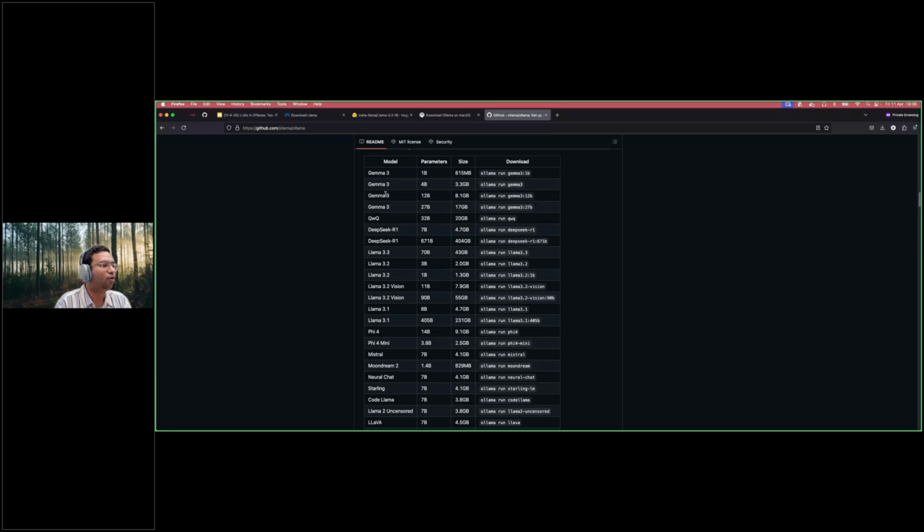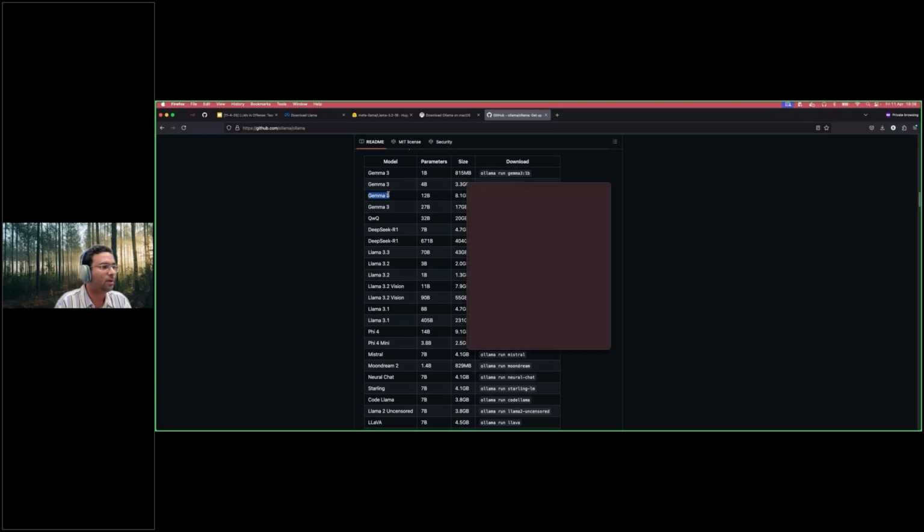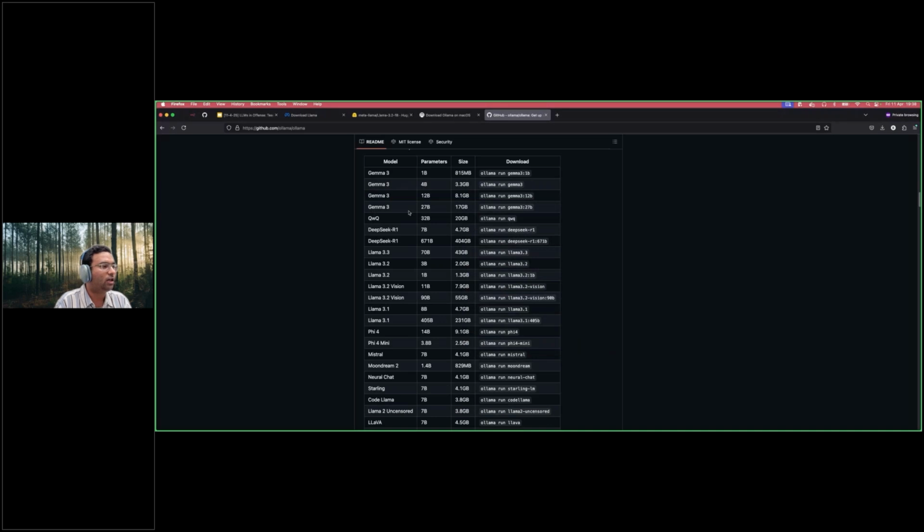For example, if you would like to go with Gemma 3, which contains 27 billion parameters and the size is around 17 GB, right? So 17 GB of space will be utilized in your own machine, and this model will be up and running in your own machine. So for now, what I will be using is this one, Llama 3.2,